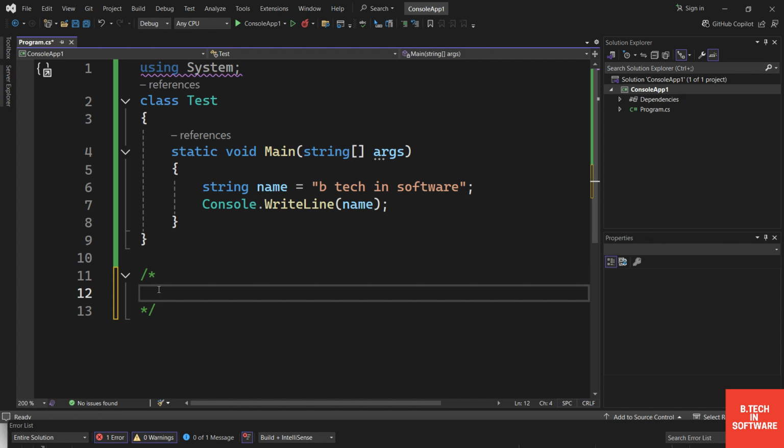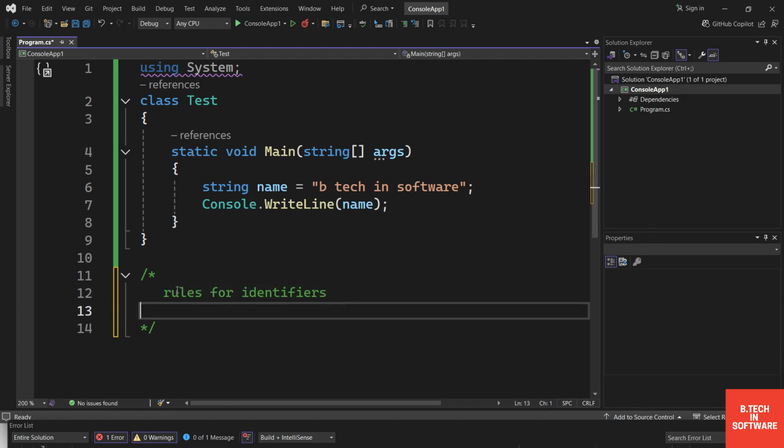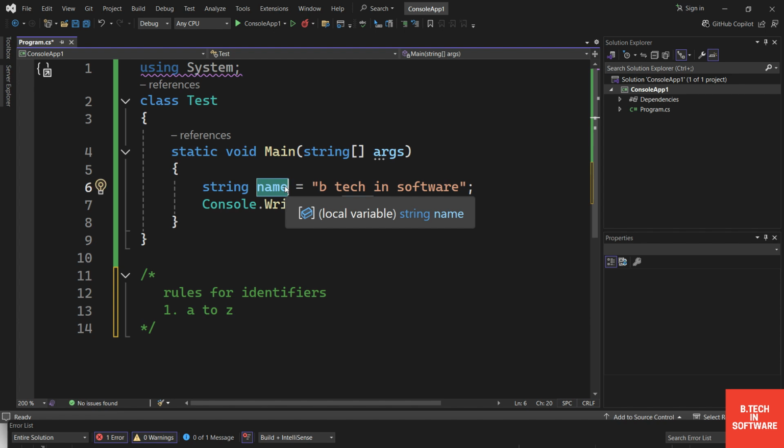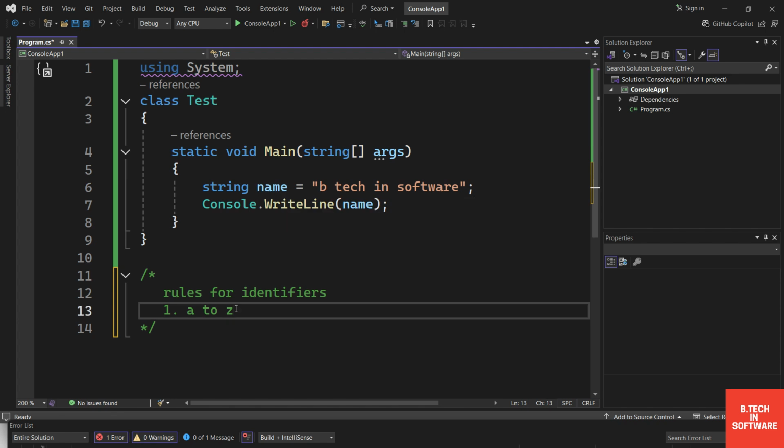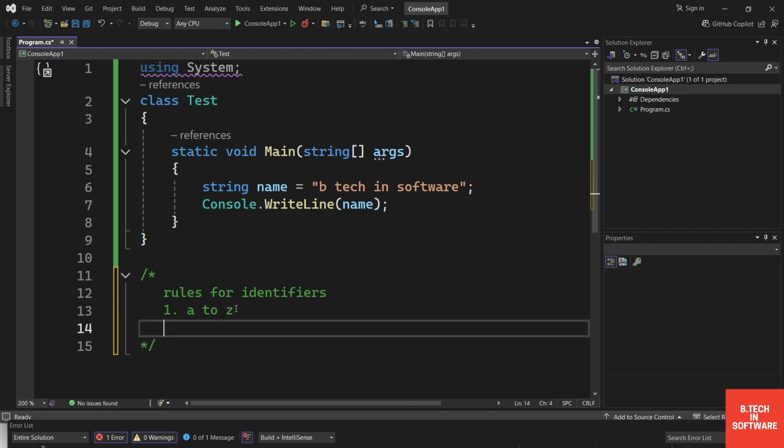Now let's talk about identifier rules. Rules for identifiers. The first rule is we can use small a to z characters to define variables. Now you can see I'm using simple characters to define identifiers, and then the second rule is we can use capital A to Z characters to define variables. If you want, you can write it like this: